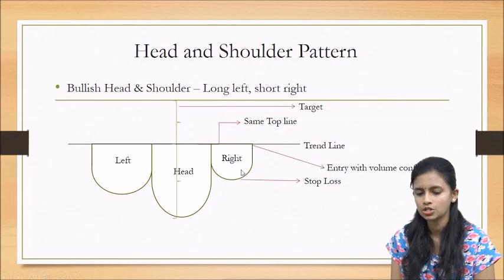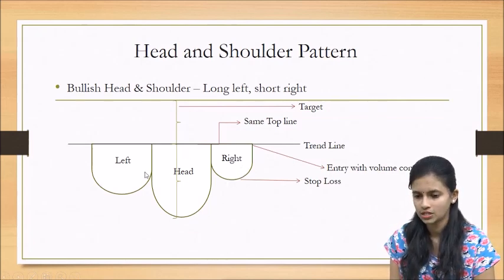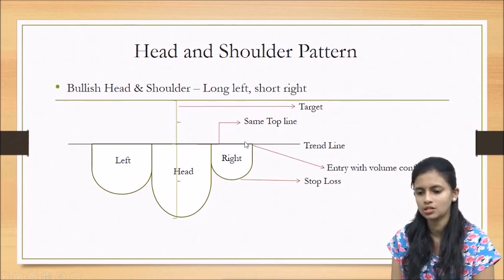Okay, for this strategy to work, the right side should always be higher than the left side. So when you draw this trend line, you should have all these points touching it. All these points here, you can see, 1, 2, 3, 4, all these 4 points should touch the trend line. Then your entry will be here, right, with volume confirmation, that is your strategy 2 will